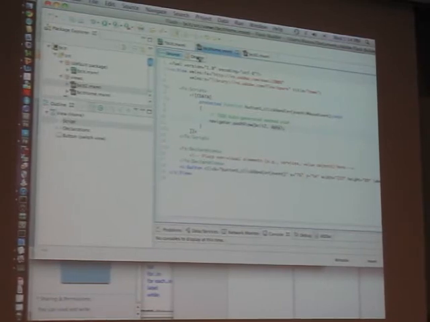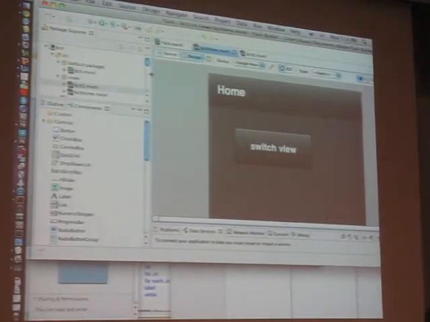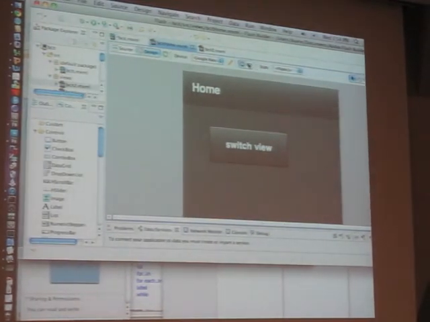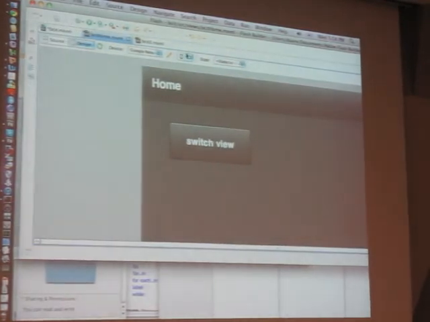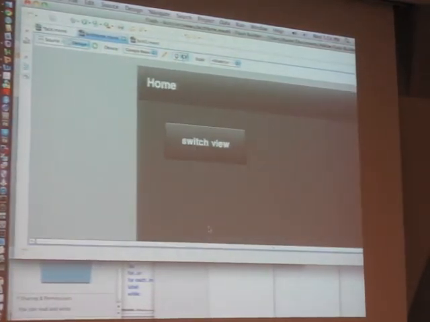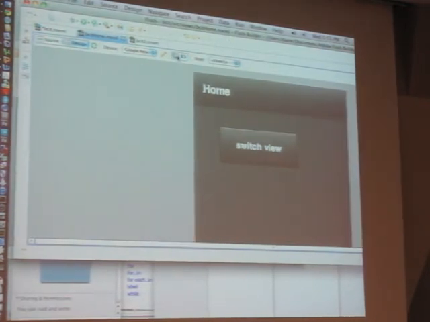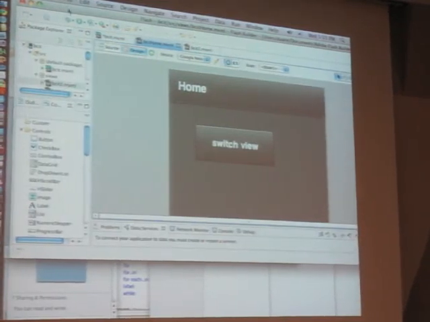Now the cool thing about this particular development environment that's a lot different is that it's optimized for mobile. For first, I can go like this and see what it's going to look like in the different views. So of course, because my screen resolution is so small, you can't really see it very well right now. But nonetheless, this is a pretty cool feature to have. And then when I go to run it,